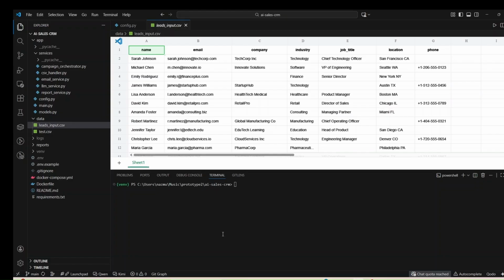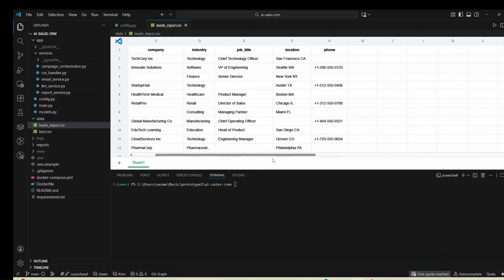In step 5, I write back to the CSV. When the emails are sent and other content is generated, I need to update the CSV file. Currently there are 7 fields, but I need to add more fields like persona, score, the email I sent, and other things. The new updated CSV will be automatically created in the data folder.